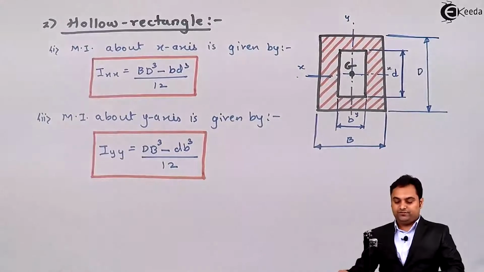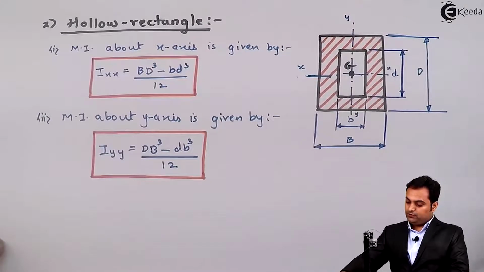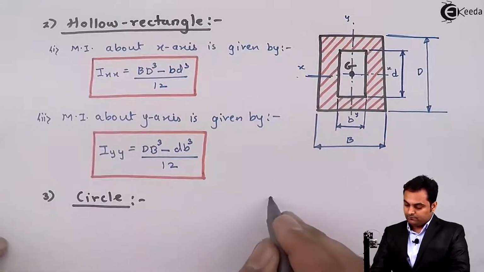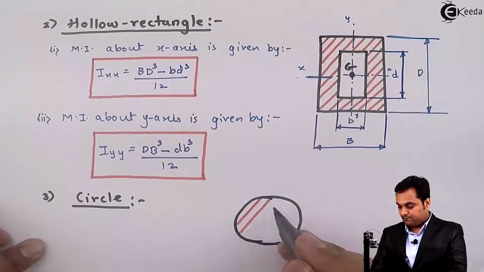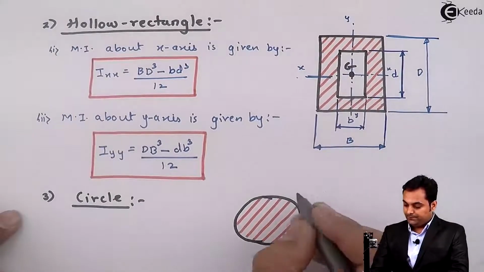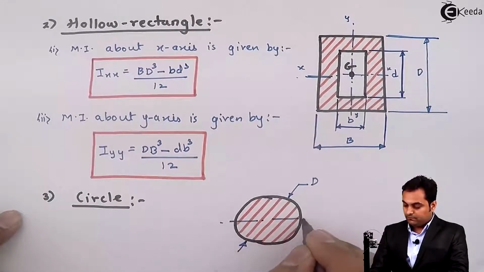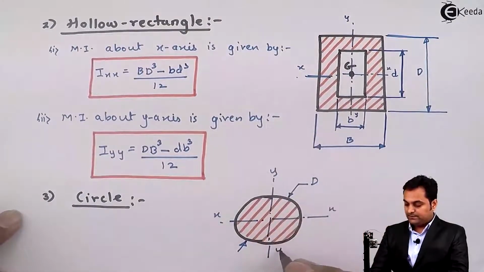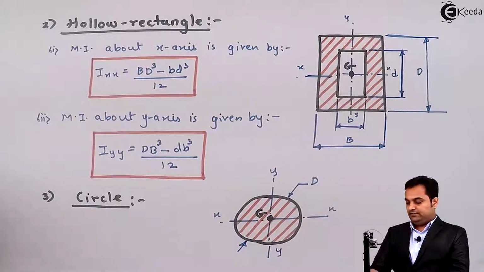So this is the moment of inertia formula for hollow rectangle. Next, suppose we have a circle whose diameter is capital D. Here we have x and y axis, and wherever they intersect we get the centroid, and the formula is